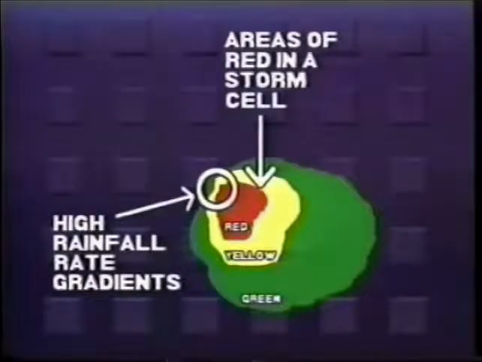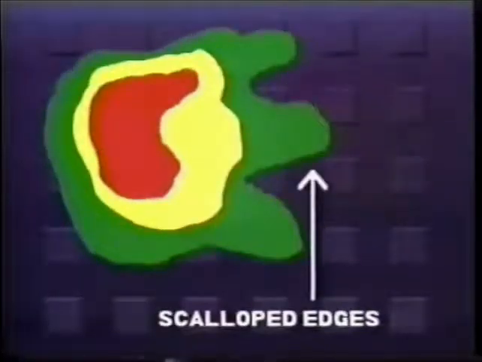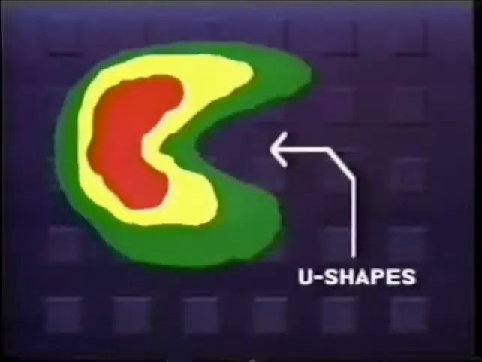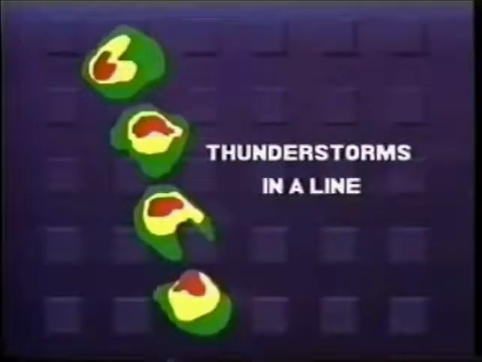The shape of the weather cell. There are some distinctive storm shapes which are well known to represent dangerous storms. They are protruding fingers, scalloped edges, U-shapes, hooks, sometimes associated with tornadoes, thunderstorm development in a line,